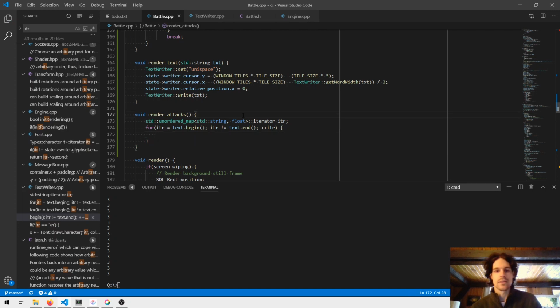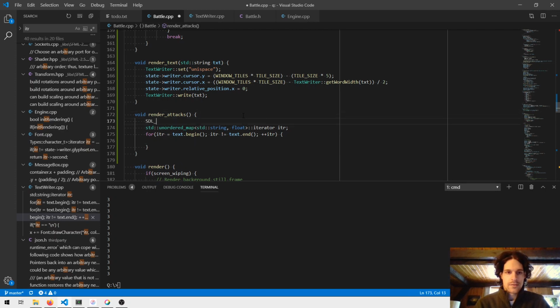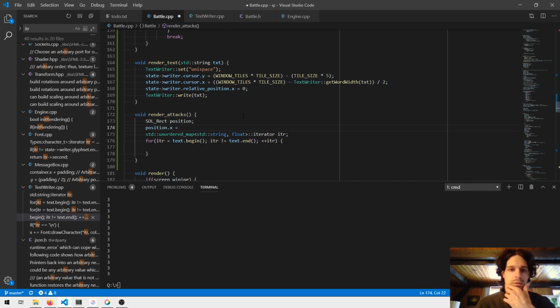So I also need an STL rect position. So let's do position dot width. I don't really care what the width is. So position dot x equals